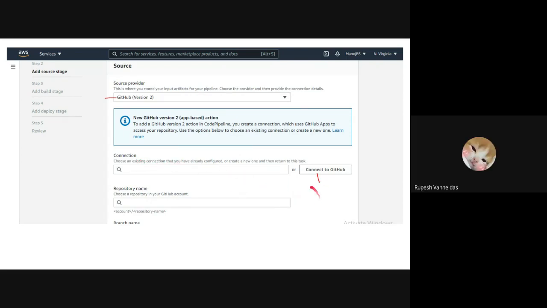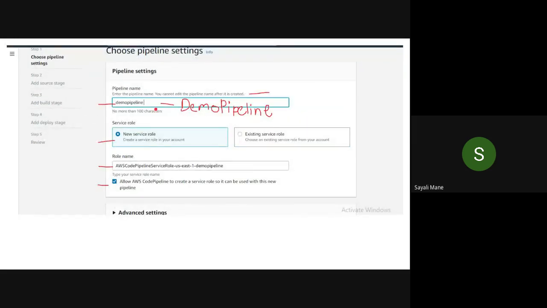Ma'am, Shubham is not getting the role name. Shubham, do one thing. Just go back again. See here. Again type DemoPipeline or simply type any name which contains a capital letter. Or try to refresh the page and see once again.